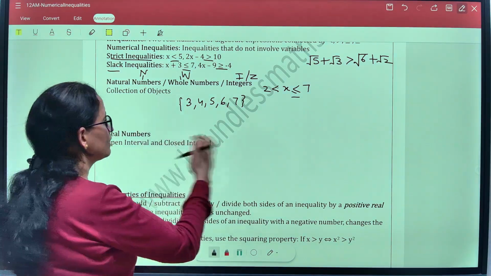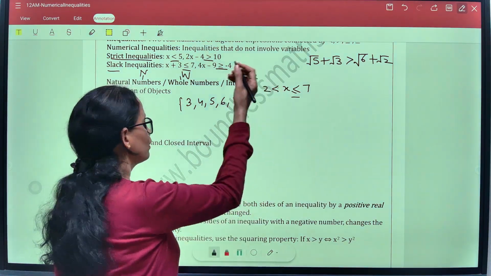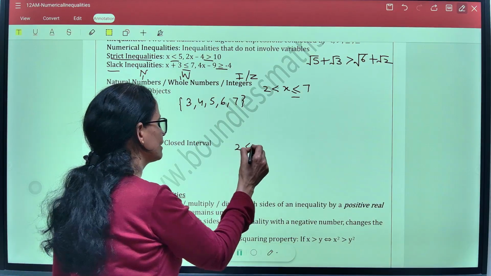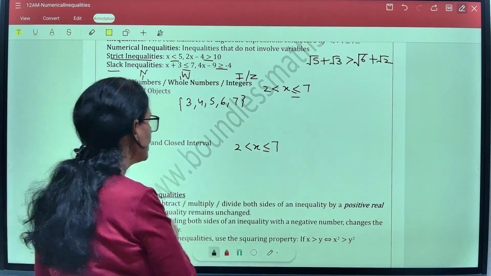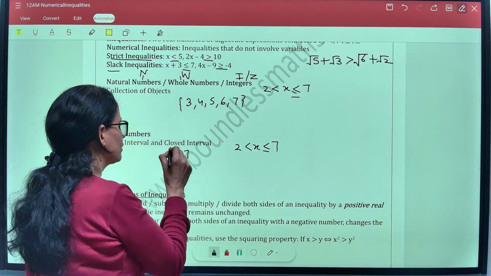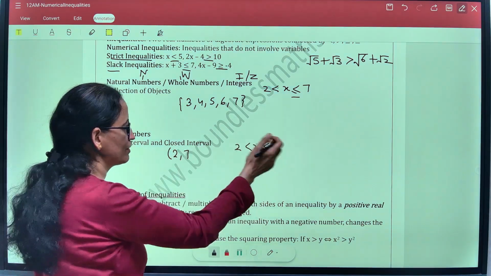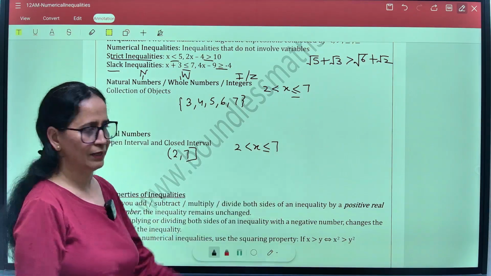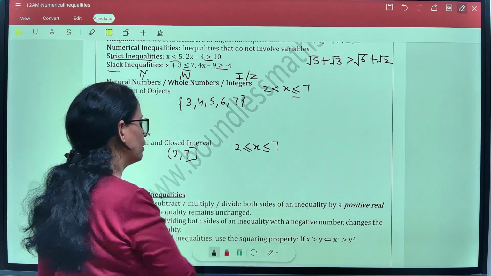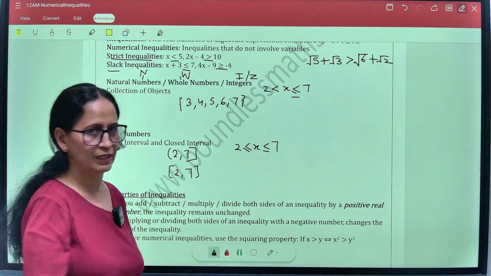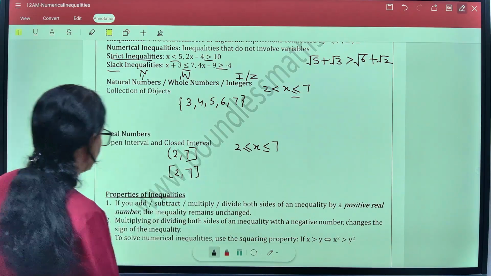When we have to write the entire interval, for example, x belongs to the set of real numbers, again the range is the same, 2 < x ≤ 7. So we write it as (2, 7]. On the side of 2, we don't have an equal to sign, so open interval. On the side of 7, we have equal also, so it is a closed interval denoted by a square bracket. If it was equal to here also, then it will be [2, 7] with square brackets on both the ends. So these basics we have already done in class 11.